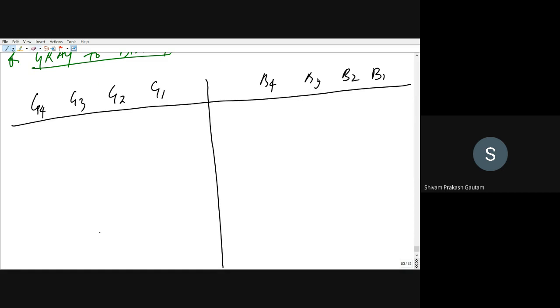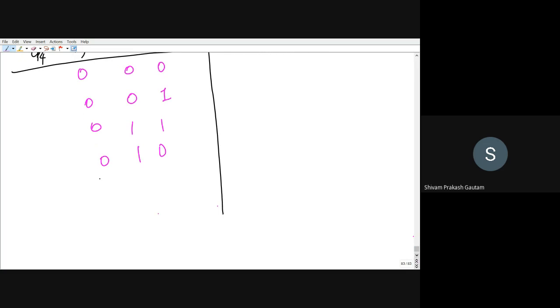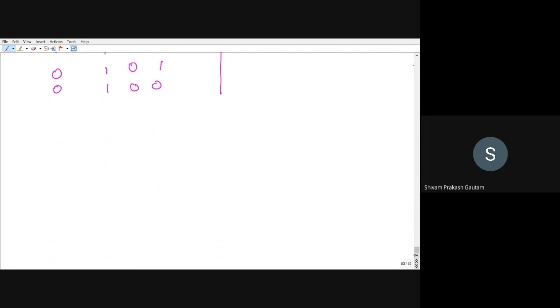So now we have to draw for this. First you have to write the gray code. Again the same method: that is 0, 1, 0, 0, 1, 1, 1, 0. So the next bit will be 0, 0, 0, 0. The next 4 bits will be 1, so just see 1, 1, 1, 1. And this will be 1, 0, 1, 1, 0, 1, 0, 0. Next, this will be eight 0s. The next 8 bits will be 1, this is eight 1s.